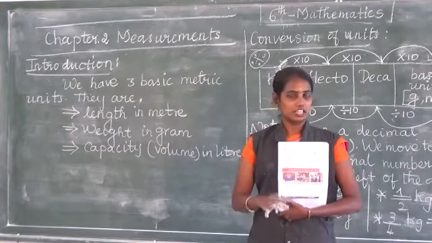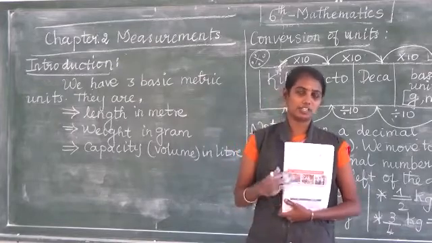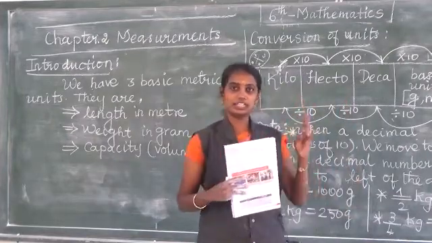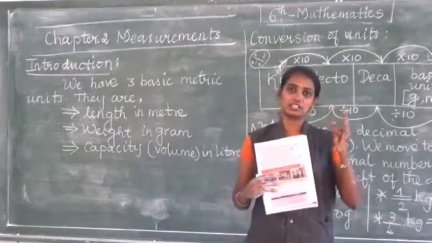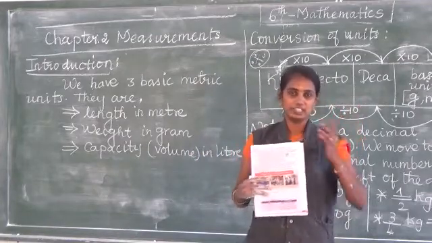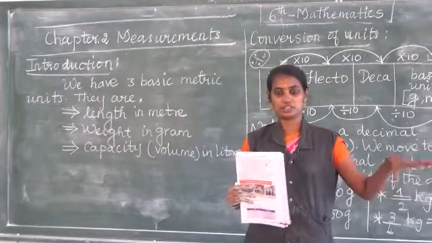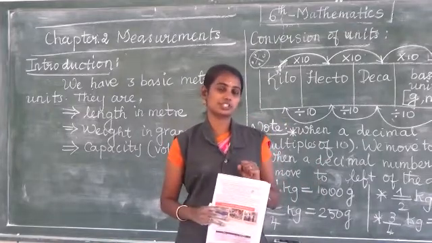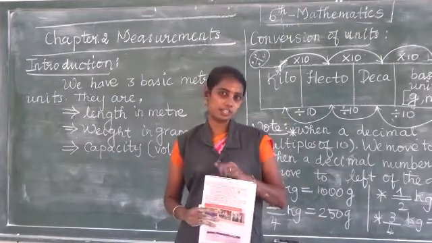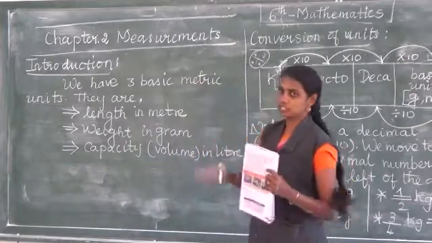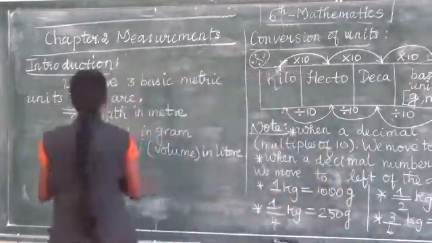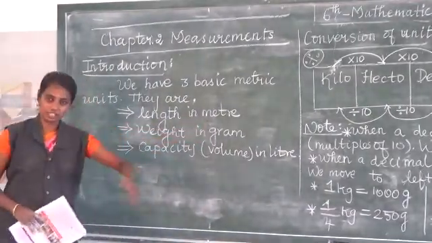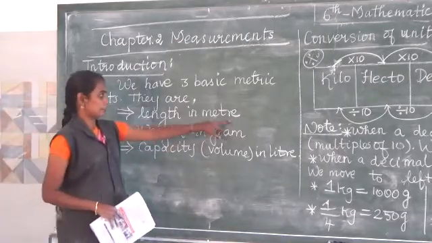So every object we are measuring by the units of gram, liter. Gram we know that. Liter is for capacity. Whenever it is capacity we use the liter. Whenever we are measuring the length we go for the meter. So we are going to see the 3 basic metric units. We have more units, but now we will see only 3. The 3 are very, very important. Listen. Length in meter. Whenever you are finding the length, we represent it in meter.